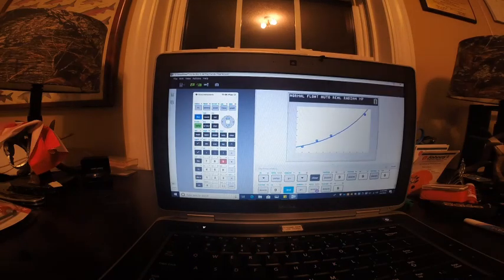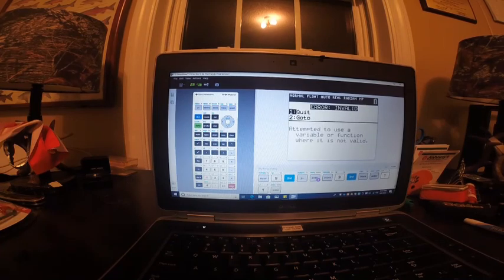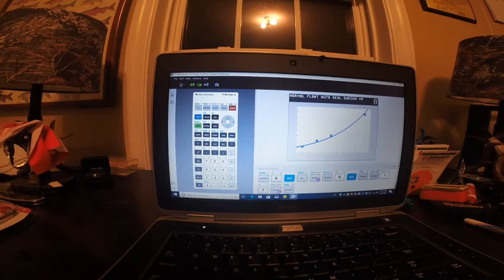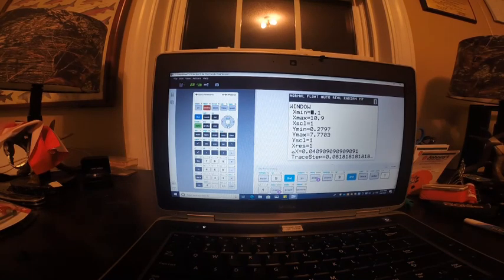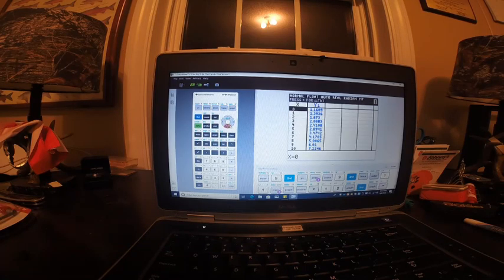If I bring my graph up here and I do second calc value, I type in 11, it may or may not work. It doesn't work. The reason it doesn't work is 11 is not within our screen. So we have two options. We can back our window out here and make sure that we include 11. So I'm going to back it out to 12. That's perfectly fine. Or you could do the even more simple thing, and you can go second table, and you